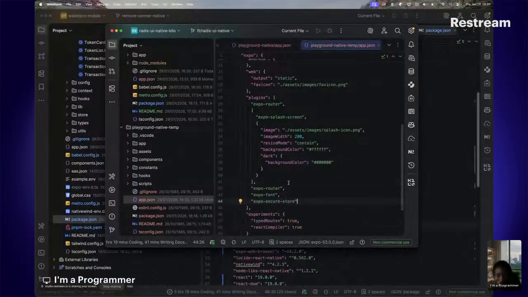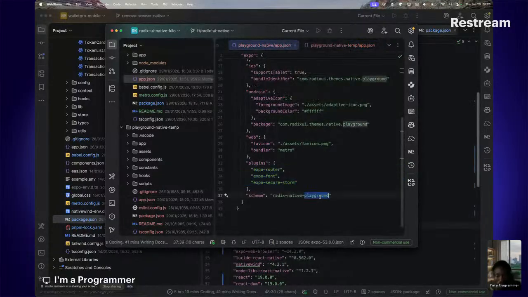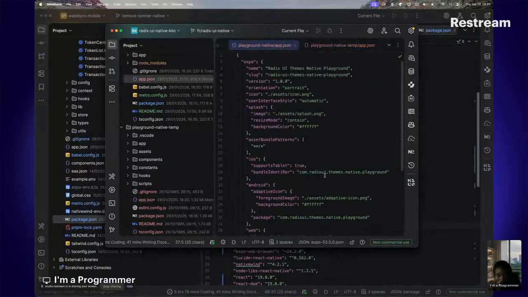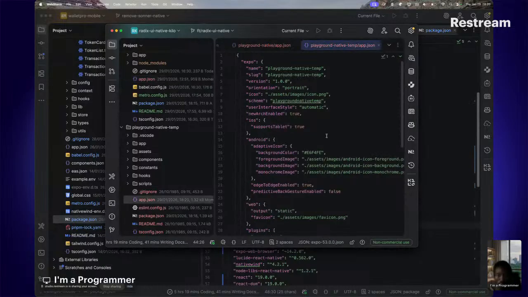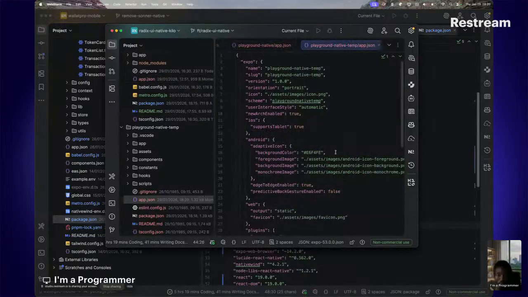So yeah, I'm going to have this here. I'm going to have the scheme defined with the scheme here. Playground native temp is going to be React Native Playground. I keep asking myself, why am I doing this? Why don't I just copy this stuff here and just use it? Auto identifier is